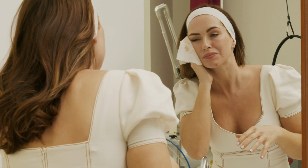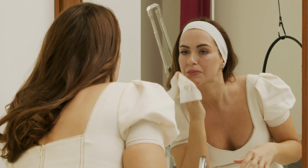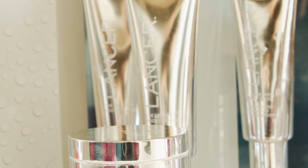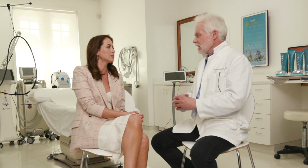Do you have to remove makeup before you do that? I think for the people that I see who are in front of cameras all the time, which may very well be the vast majority, we will have them actually do the cleanse, rinse, polish, rinse, and then another cleanse. Okay, double cleanse. Yeah, so they'll do a double cleanse, but it's partly encapsulation, plus it has to do with